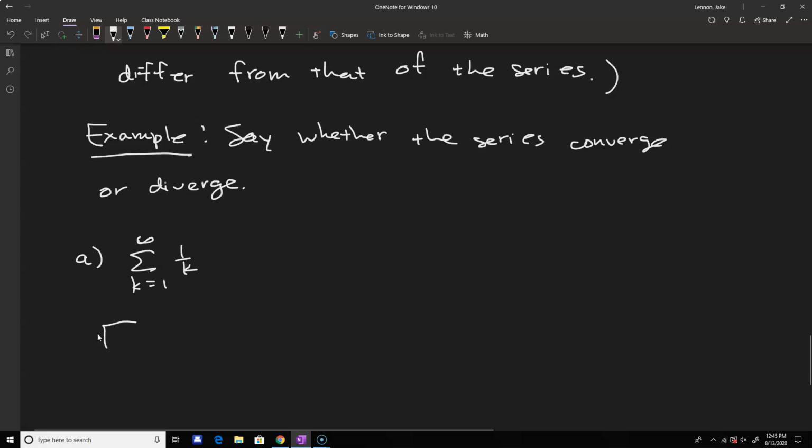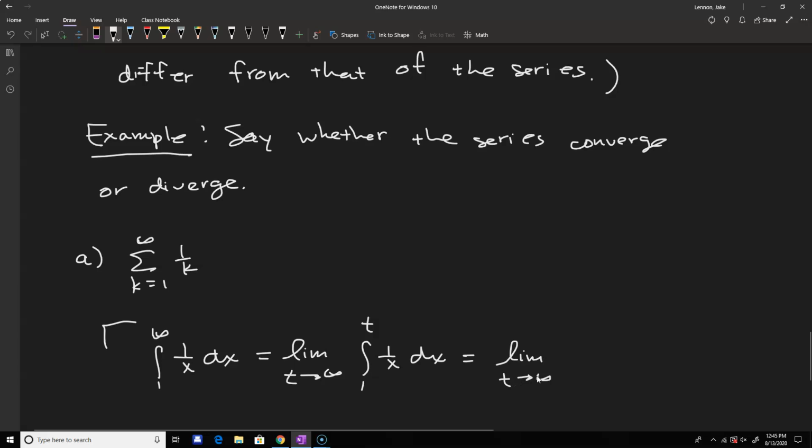So basically what we're going to do is we're going to look at the integral from 1 to infinity of 1 over x dx, which is the same as the limit as, let's say, t goes to infinity of the integral from 1 to t of 1 over x dx. So one of our improper integrals. So we know this is the limit as t goes to infinity of the natural log of x from 1 to t,